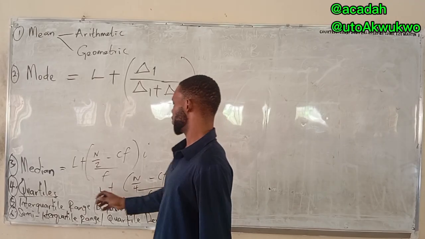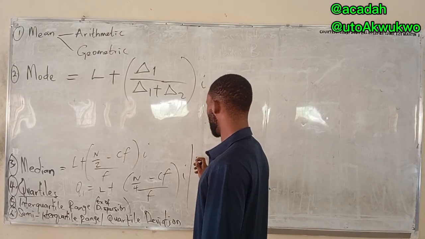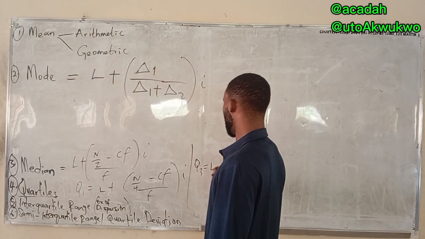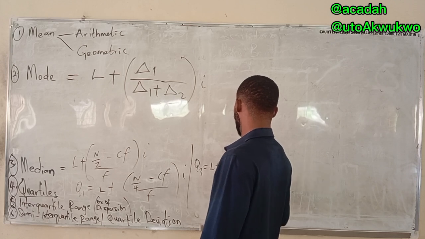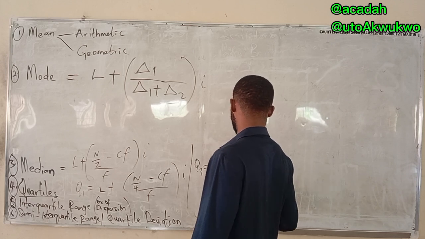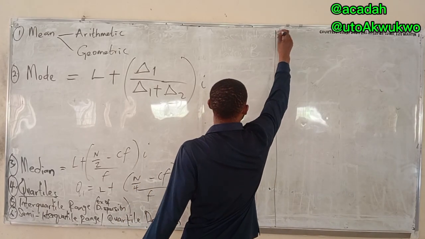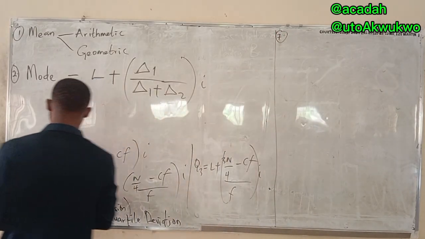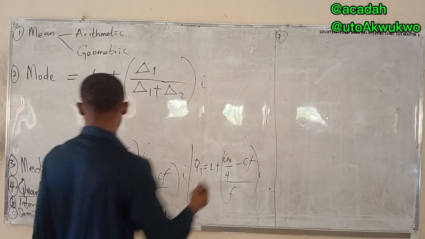If it's Q1, which we call first order, or if it's second order, it will be L plus 3N over 4 minus CF all over f times class interval. As a matter of fact, it's wiser to just say that this is A, B, and C. So we now go to number 5,